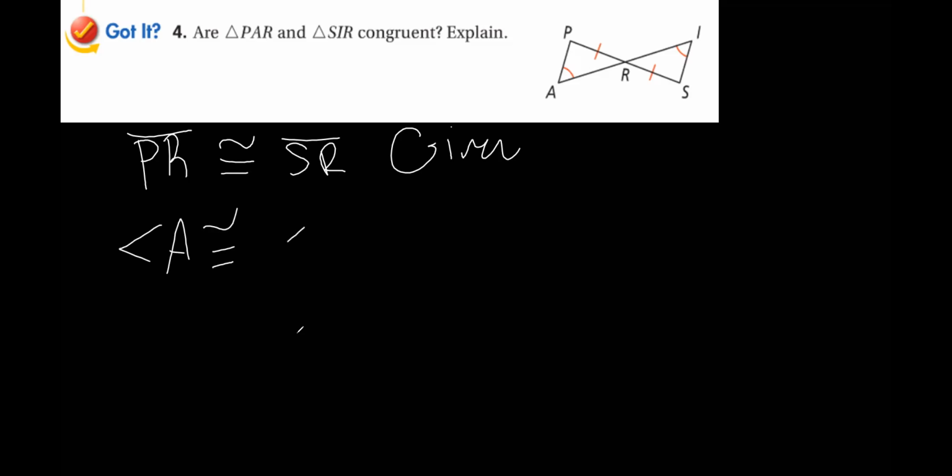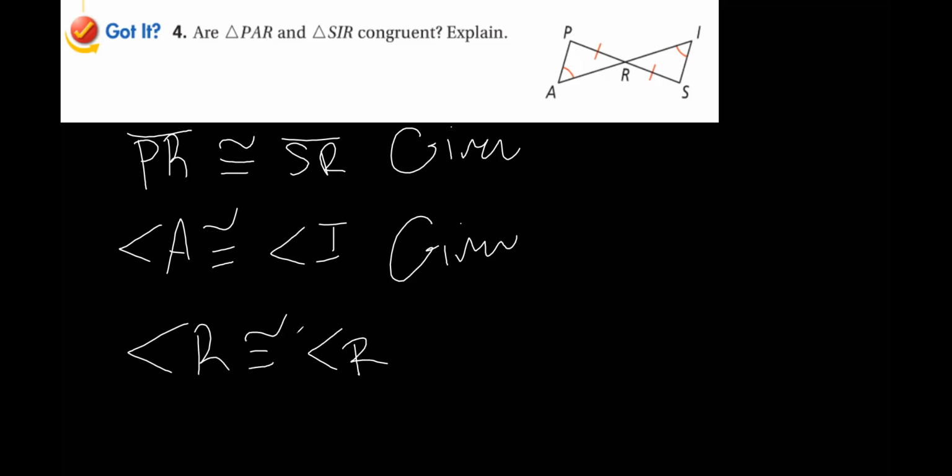Is it congruent with angle I? Yes, teacher, it is given also. Now give me another angle that is congruent. Angle R. Thank you. Why is angle R congruent with angle R? Vertical angles. Let's name it with PRA and